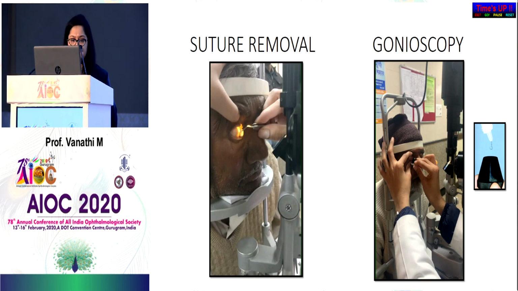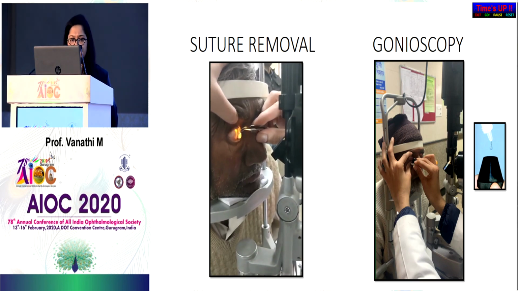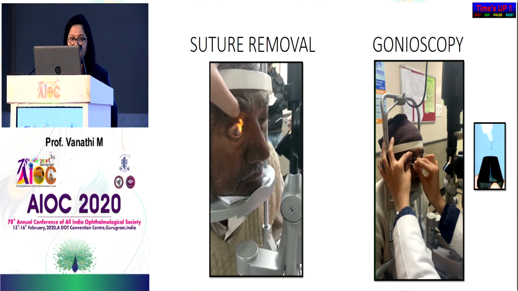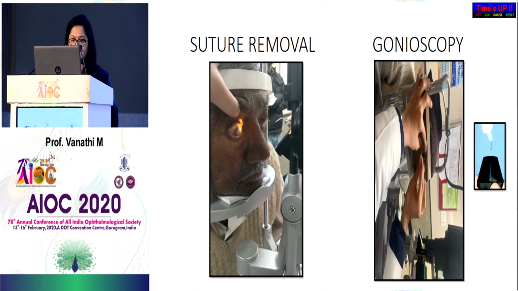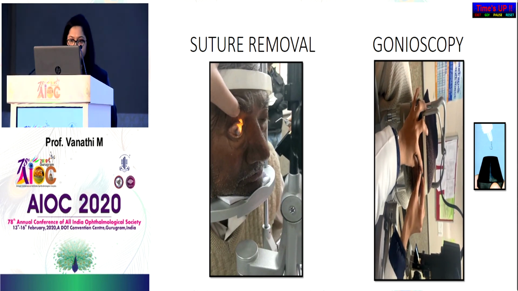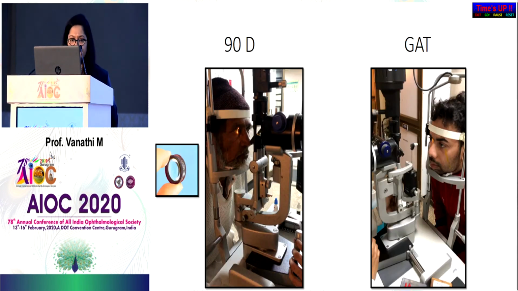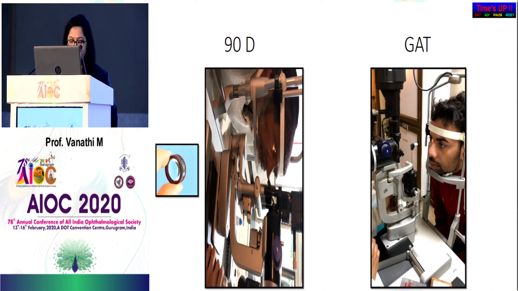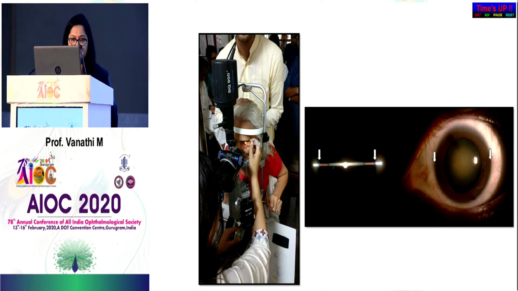This is a small video which is showing suture removal. You put local anesthetic in the eye, ask the patient to look down, whichever area of interest is there, put your light and then gently remove the sutures. This is a video which is showing gonioscopy. This is a gonioscopy image. Can someone tell what is this one? This is a double hump sign which is seen in plateau iris. You can also do your 90D examination, and you can also do your applanation tonometry. This is a picture which is showing toric marking. We can also do it on the slit lamp.